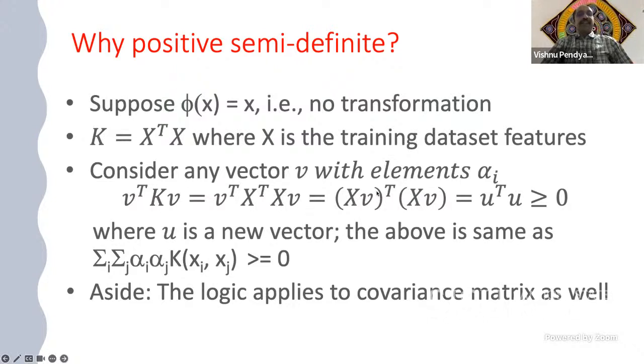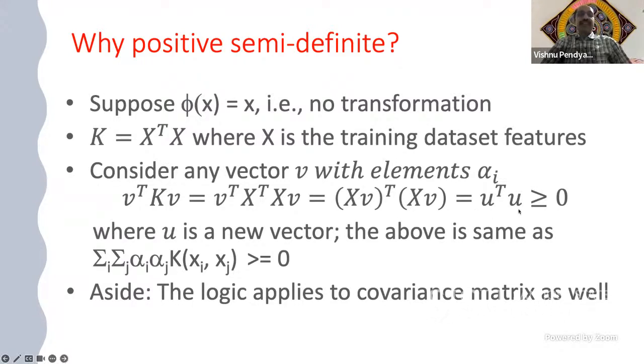Using associativity, you combine, you multiply x with v and take its transpose. Remember, when you take the transpose, the order gets interchanged, and then xv is the other product, right? So what is x times v? What is the final output of x times v? You'll get another vector, right? Call it u. X times v is a vector called u. So the result will be transpose of u times u.